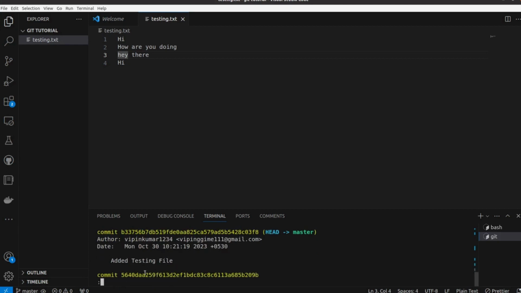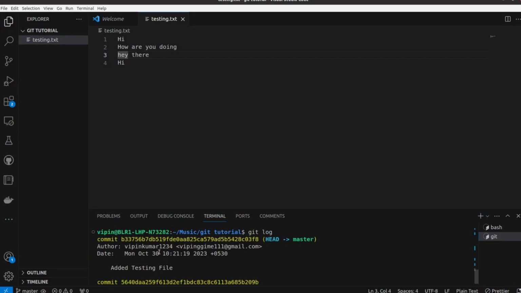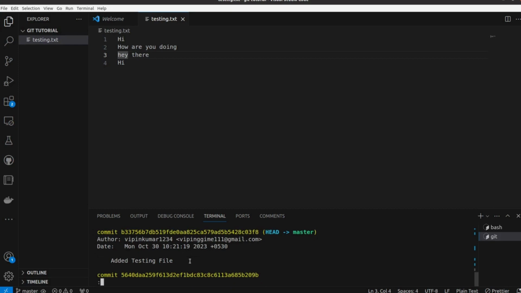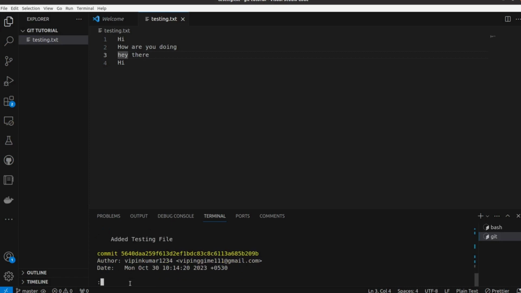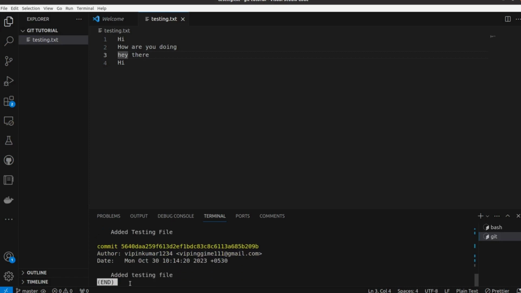As you can see, we are getting all the logs: whoever added or changed the file and who committed it, everything related to it. We can see here the author Vipin Kumar and "added testing file".